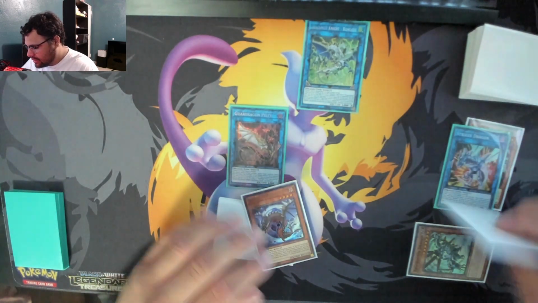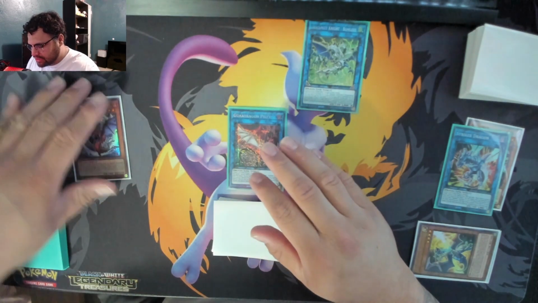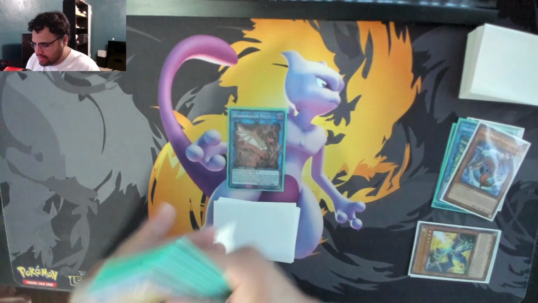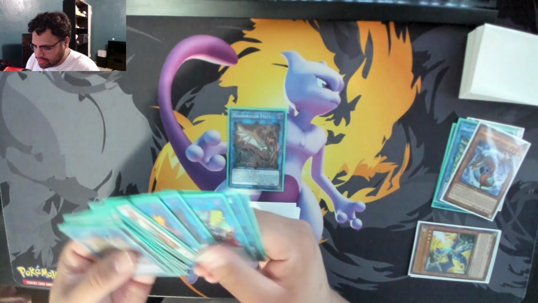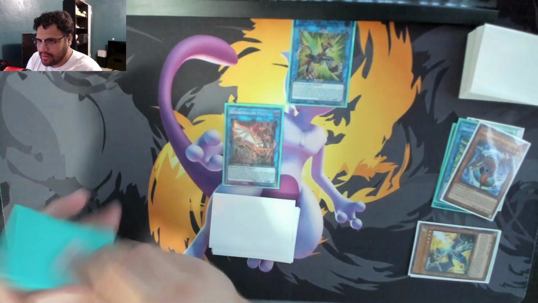And then here we would banish, and then we would special summon, and then we will link these two off. And then we would go into the Triple Burst. And then